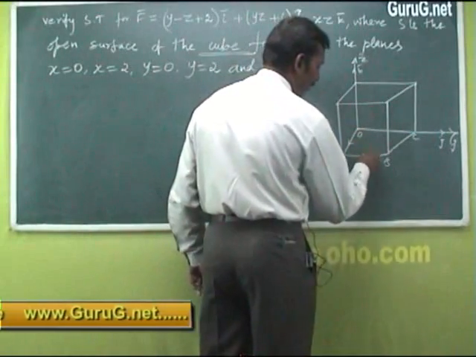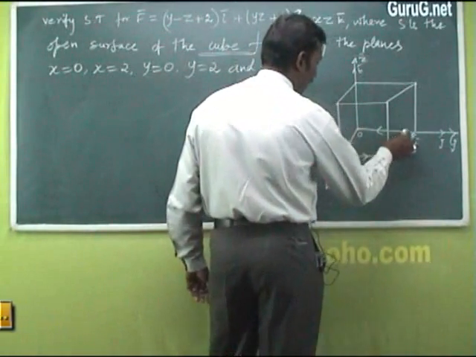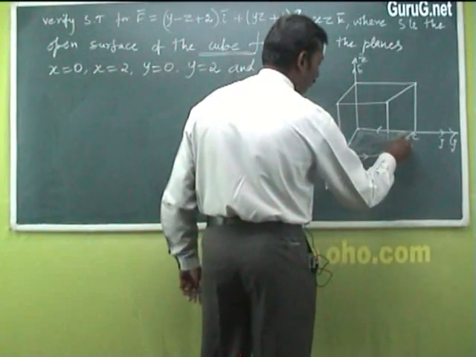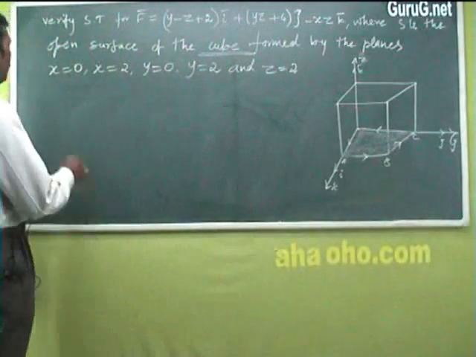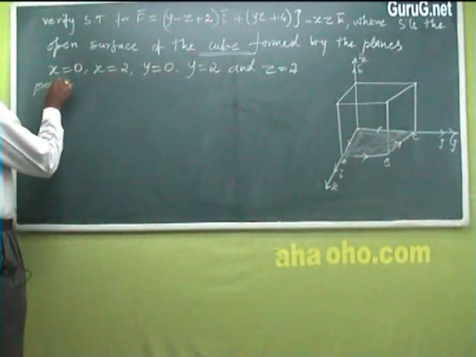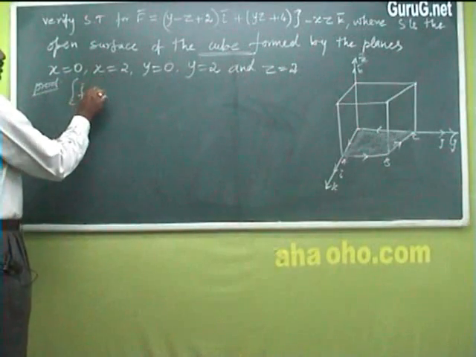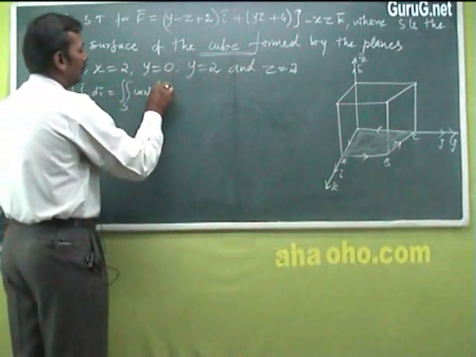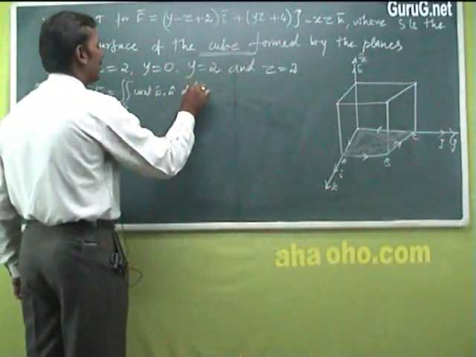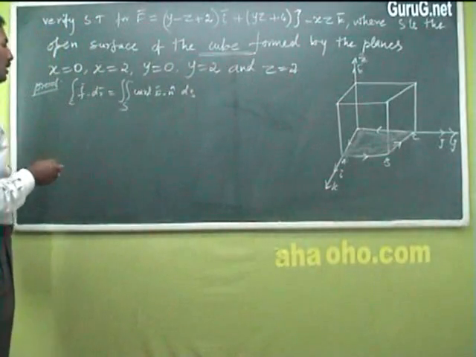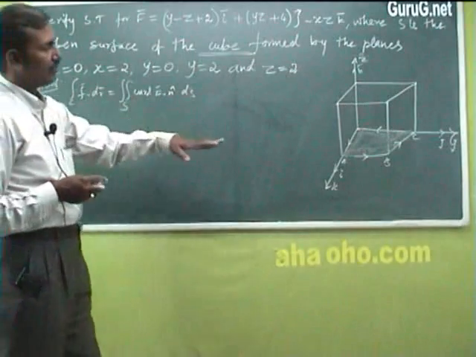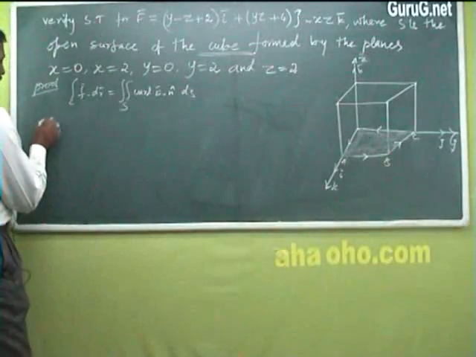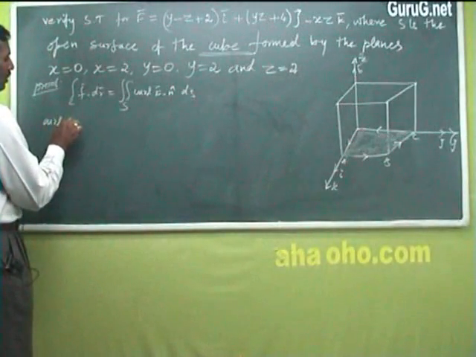So the boundary of the open surface, right? What will be the statement? Integral over C F dot dr equal to double integral over S curl of F dot n cap ds. On the right hand side, we have 5 surfaces, right? Take it as S1, S2, S3, S4 and S5. So curl of F equal to